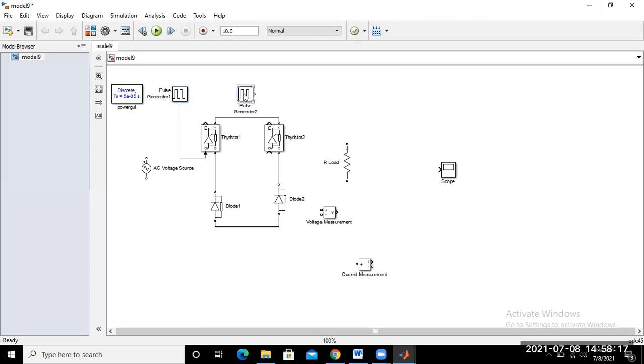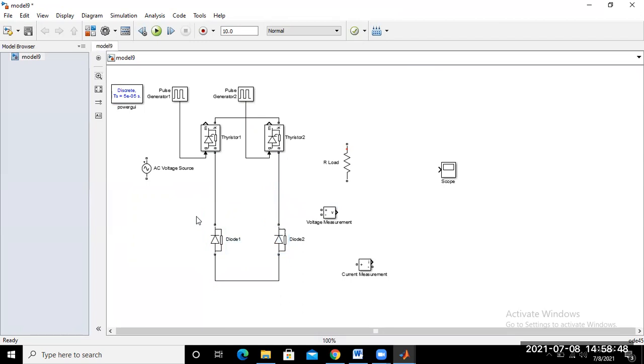And similarly, click here and press Ctrl+R. So you will be supplied from this point to this one. Now you just move this block below here up to this point and just move this block here and here.